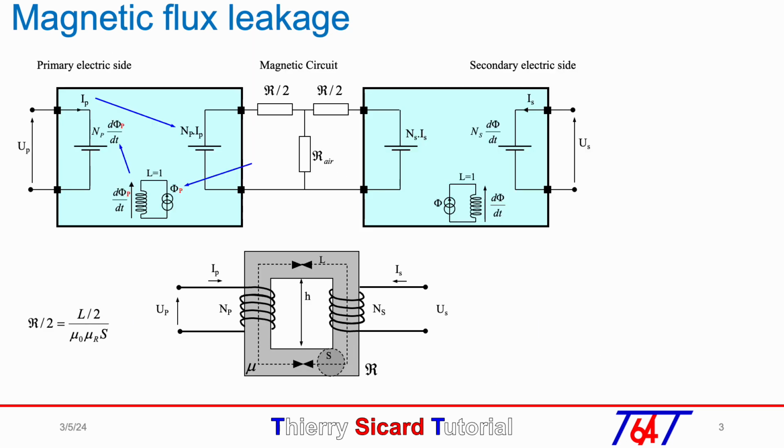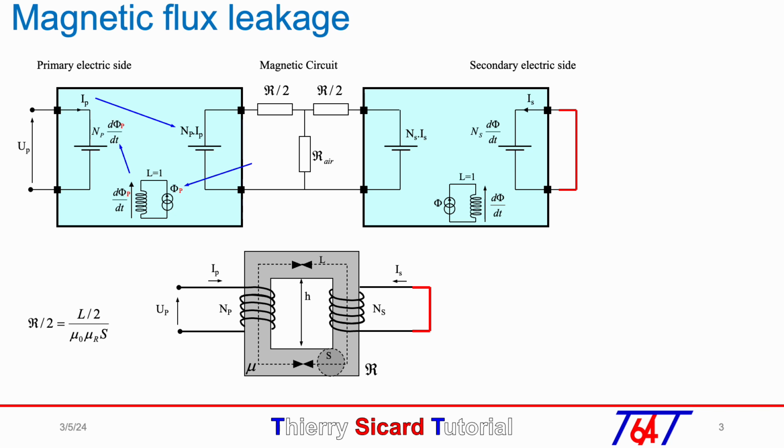The primary coil generates a magnetic flux. By definition, the magnetic flux leakage is the flux which is not seen by the secondary coil. To measure this magnetic flux leakage, we short the secondary and we measure the leakage inductance from the primary side. To visualize the magnetic flux leakage, we can use the transformer physical model shown on the TRIC-car tutorial number 9.